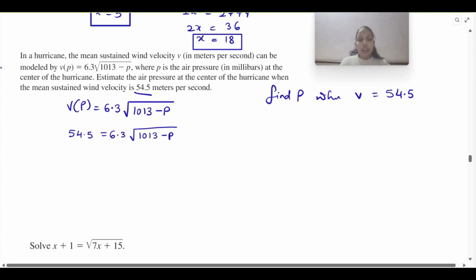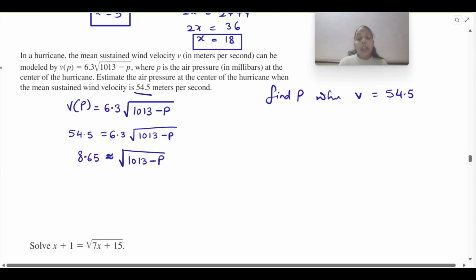I'm dividing both sides by 6.3. I will get 8.65, because I'm taking some approximate decimal, so it's approximately